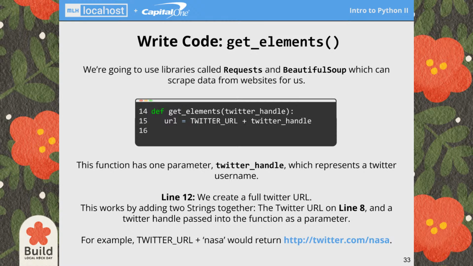Because it says here on line 12 we should create the Twitter URL, but line 12 on my end is empty. But this works by adding two strings together, the Twitter URL on line 8, and a Twitter handle passed into the function as a parameter. But I'm not seeing the, oh no, I think the Twitter URL, it looks like it was imported from config. So if you look at config.py,